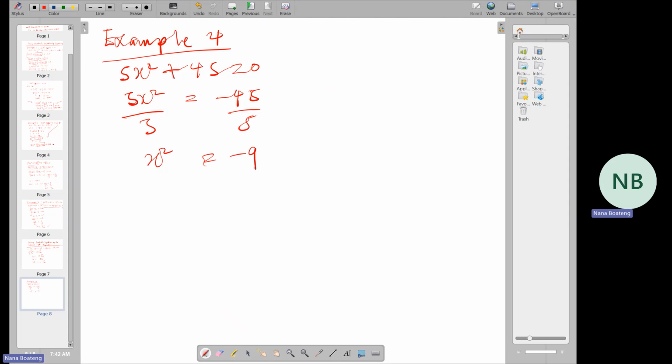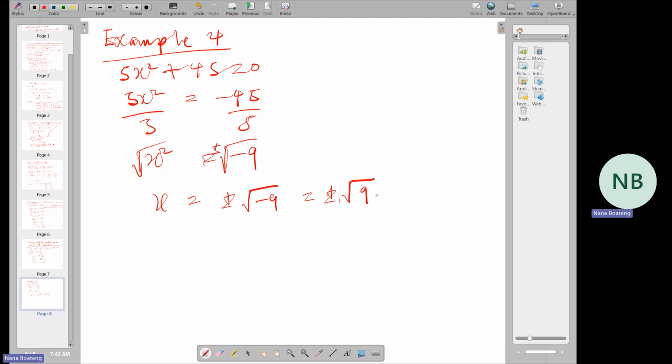And so from here, if we take the square root on both sides, the square root of x squared, and the square root of negative 9, it's going to be the positive and negative of the square root of negative 9. The square root of x squared is x. So x is equal to plus or minus the square root of negative 9. And the square root of negative 9, from complex numbers, we know that this is plus or minus the square root of